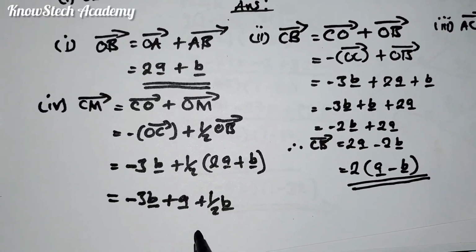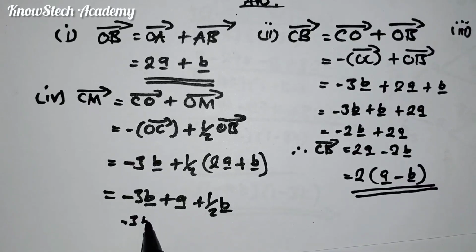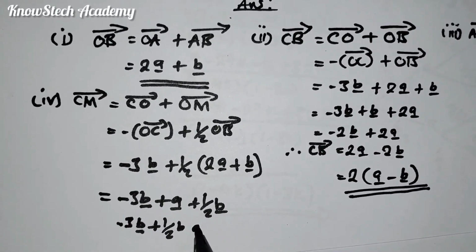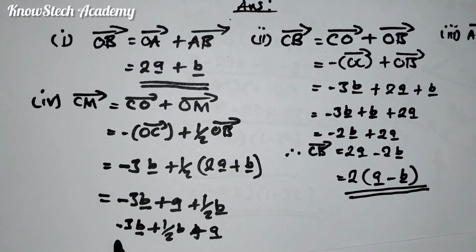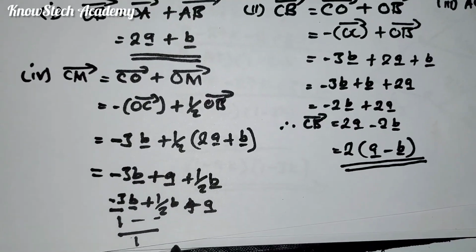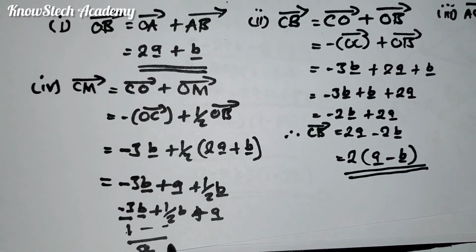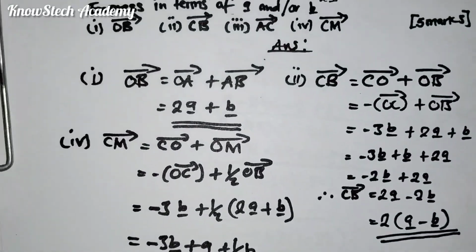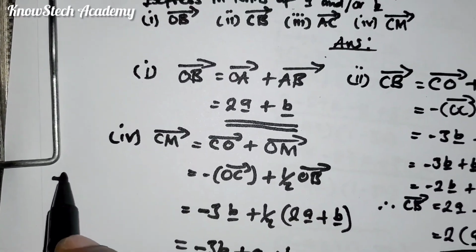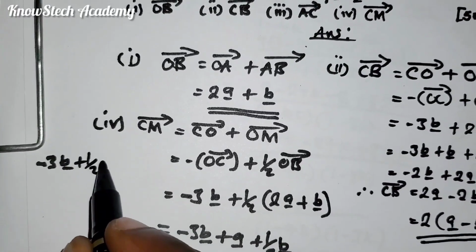Since we have like terms here, we can say negative 3B plus 1 over 2B plus vector A over 1. The common denominator is 2, not 1. Let me just write it nicely. We have negative 3 vector B plus half vector B